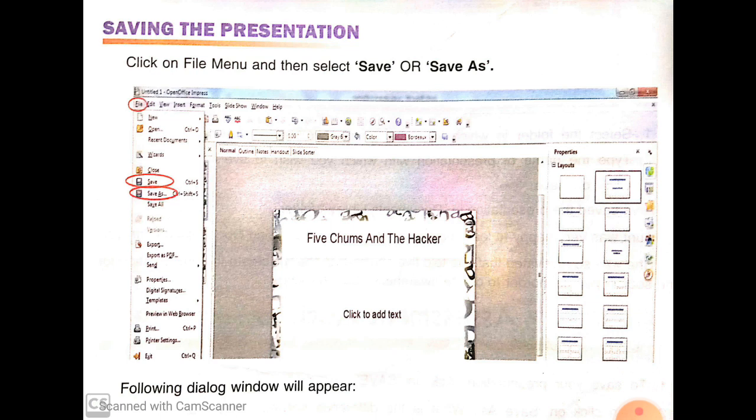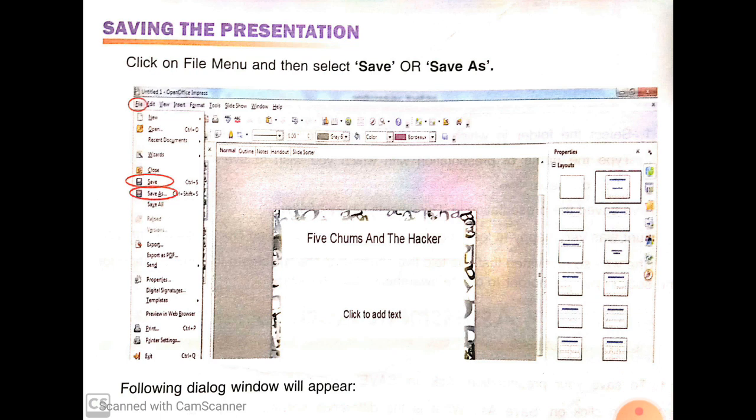Save option is used to save the presentation you create for the first time, and Save As option is used to save the saved presentation by another name.